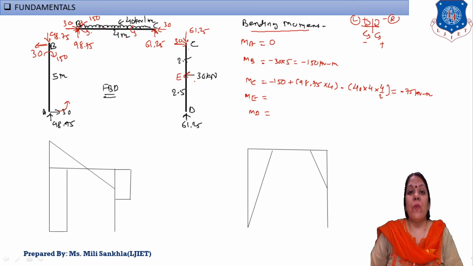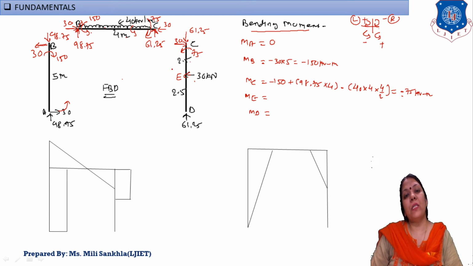Now 75 means this C point and this is right side. Okay, and on the right side, if our answer is negative, what is the sign? That is clockwise. So mention here moment at C is equal to 75 in clockwise direction. Okay, now this moment is clockwise and here it is balanced by anti-clockwise sign. Now verify this sign, whether it is right or wrong. This 30 rotates clockwise within this frame. 30 into 2.5 is equal to 75. That means inducing moment is here clockwise and balanced by anti-clockwise. That means here we balanced our bending moment correctly.